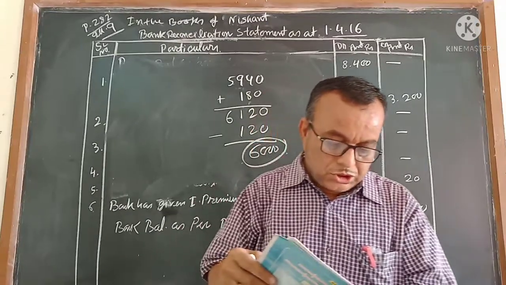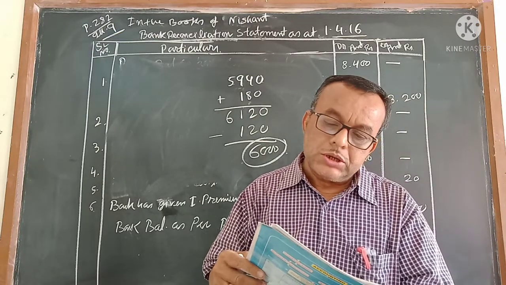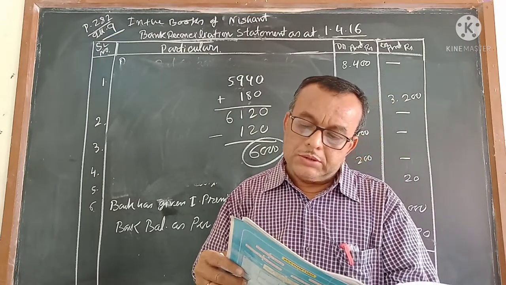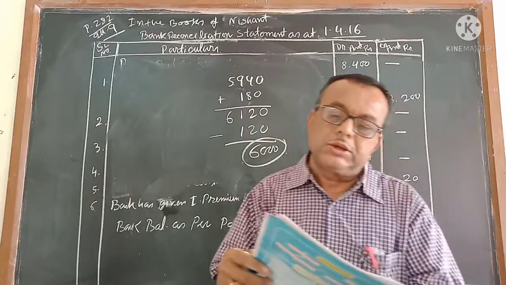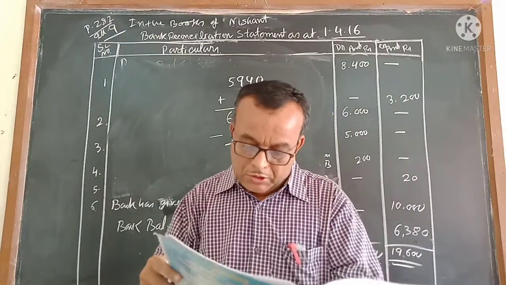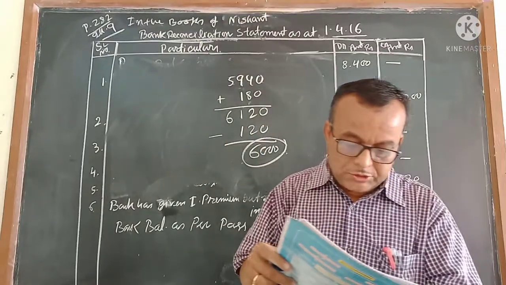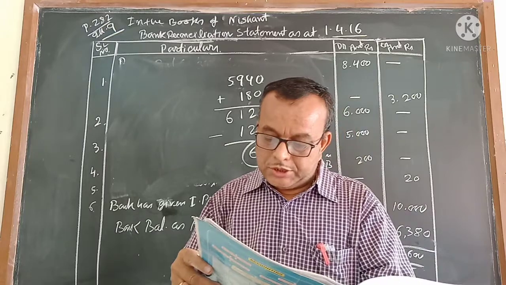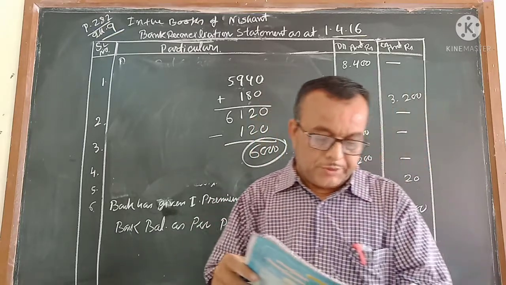Next is coming check issued. Here you see the check issued for salary and 1380. So 3000 plus 1380 was credited in the cash book but not debited. Check issued but not presented: salary of rupees 3000 and petty of rupees 1380 is equal to 4380. It is credited but not debited.